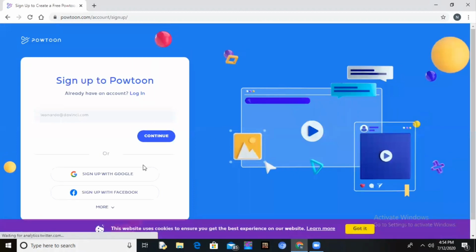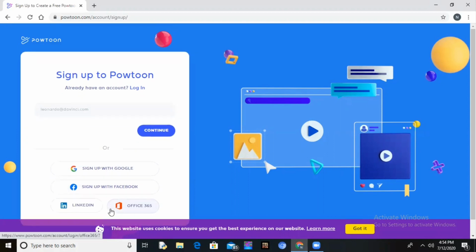Here it will ask you to sign up with your email ID, Google account or Facebook account. You can also sign up with your office account or LinkedIn account. Since I already have my account, I will log in to that account.